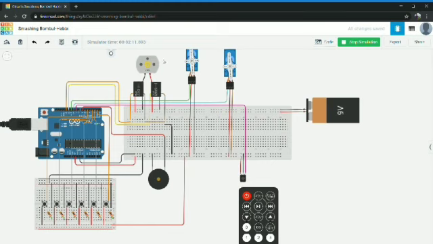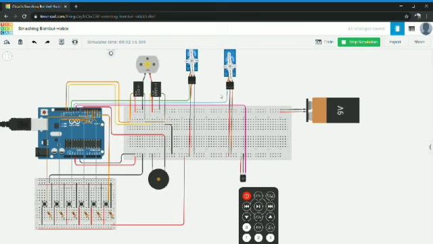Now the second step is the working of the simulation. There are 6 push buttons which have their specific inputs. The first button is for juice type A and quantity full glass. The second button is the same for juice type A and the quantity is half glass. The same is for the third and fourth buttons, but the juice type is B, and the same is the case for the fifth and sixth buttons, but the juice type is mix.